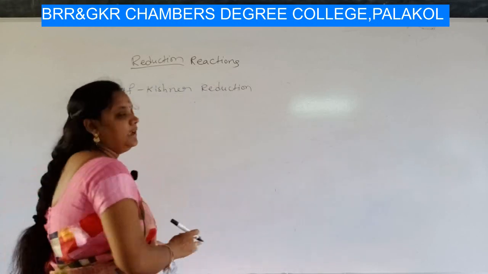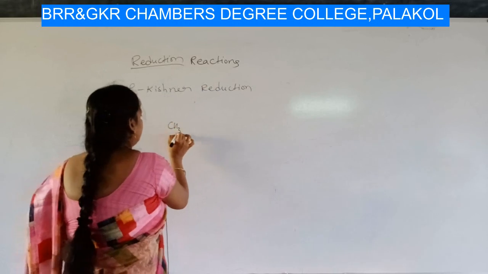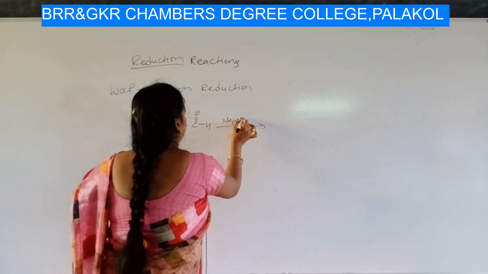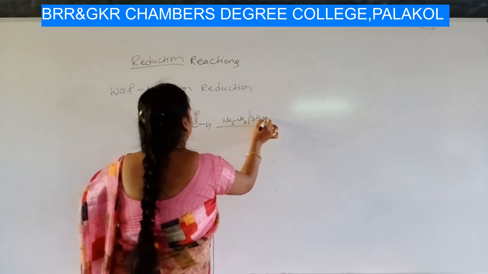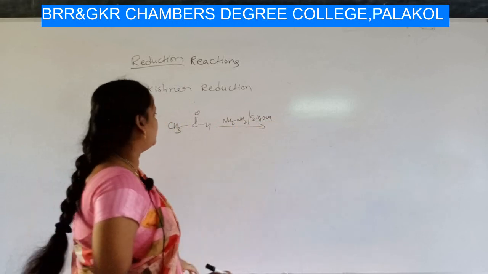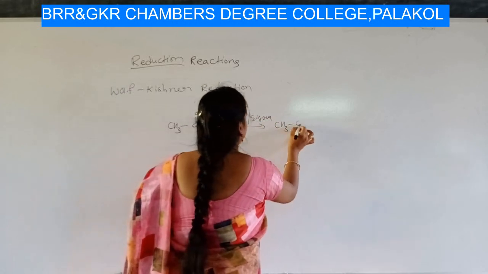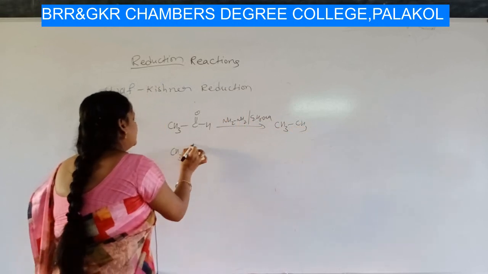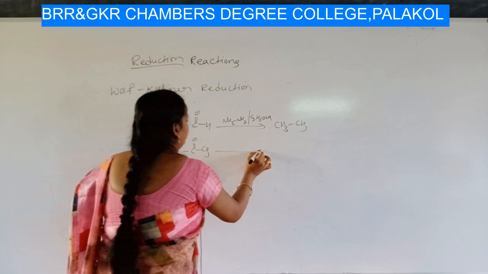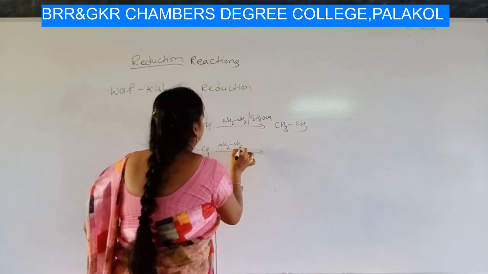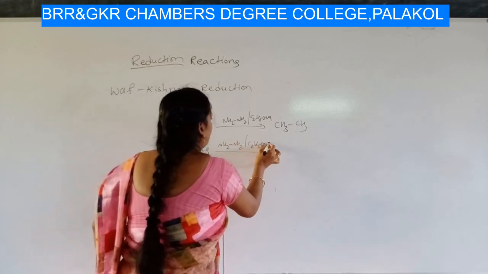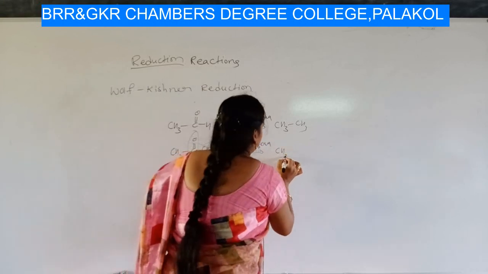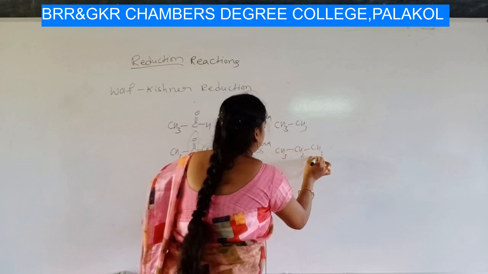For example, let us take acetaldehyde, CH3CHO, in the presence of NH2NH2, hydrazine, and sodium ethoxide; you will get CH3CH3, okay? And in the case of acetone, CH3COCH3, with NH2NH2 in the presence of C2H5ONa, what happens, students? This C=O will get reduced to CH2, and you will get CH3CH2CH3.